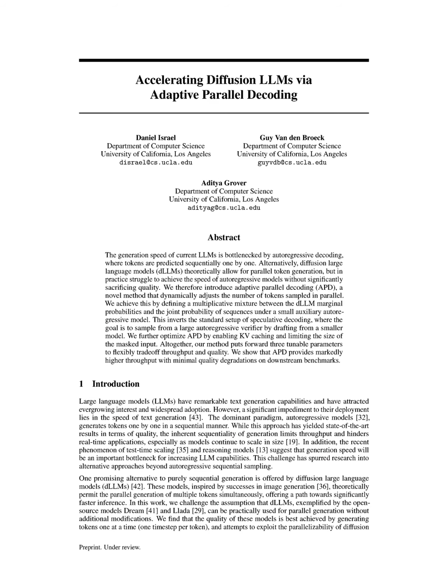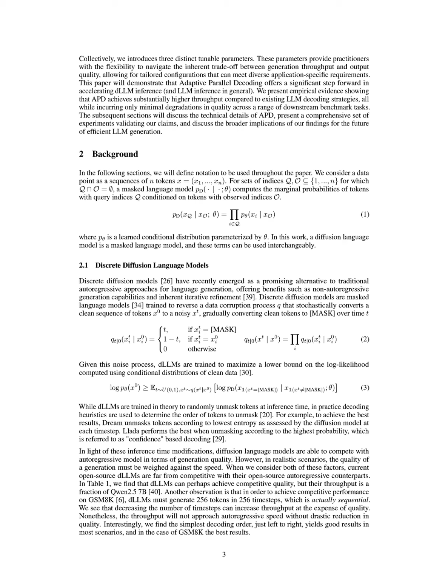By leveraging a smaller autoregressive model to assess the quality of generated tokens, APD effectively reduces the trade-off between throughput and output quality, achieving higher generation speeds with minimal degradation in quality across various tasks. This approach ultimately positions APD as a significant advancement in enhancing the inference capabilities of DLLMs compared to traditional autoregressive